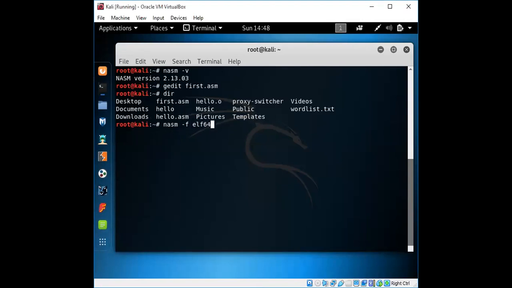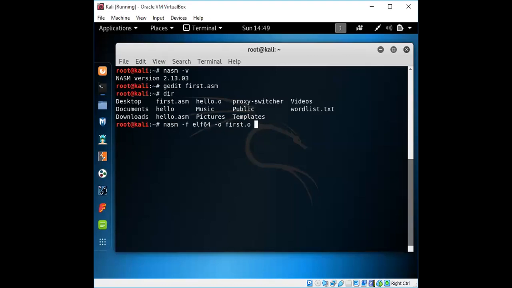For 64-bit, we specifically use elf64. You get an output file, not directly an executable; you will get an object file as output, generated from this asm file. Here we take the name hello, or the name we created, first. You can use any name for this.